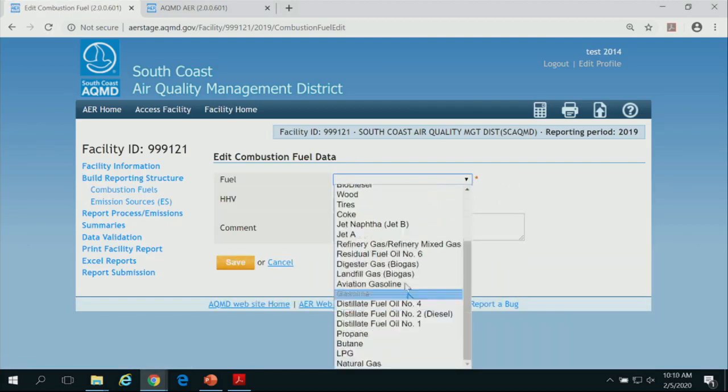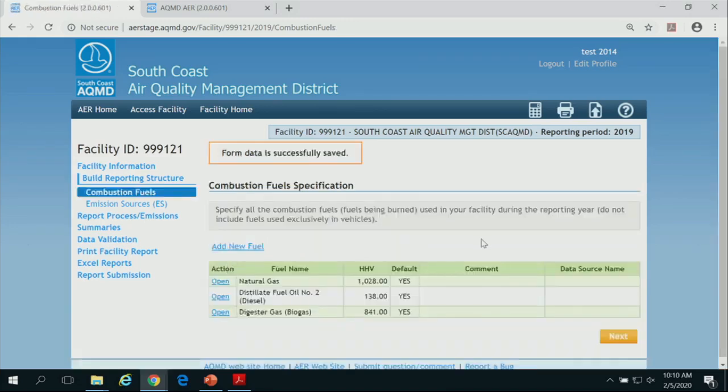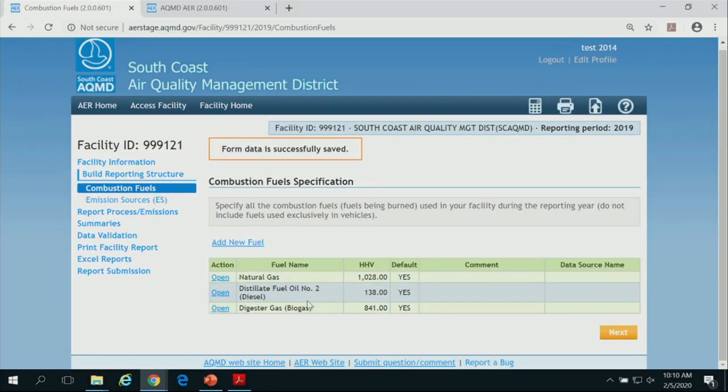I'm going to add digester gas, and I'll save it. That's for facilities that have digesters and create methane there. So this is all the fuels. If you don't add a fuel here, and you're trying to report combustion from that fuel, you're not going to see that fuel. I'll show you where you're going to encounter that problem if you miss any fuels here.